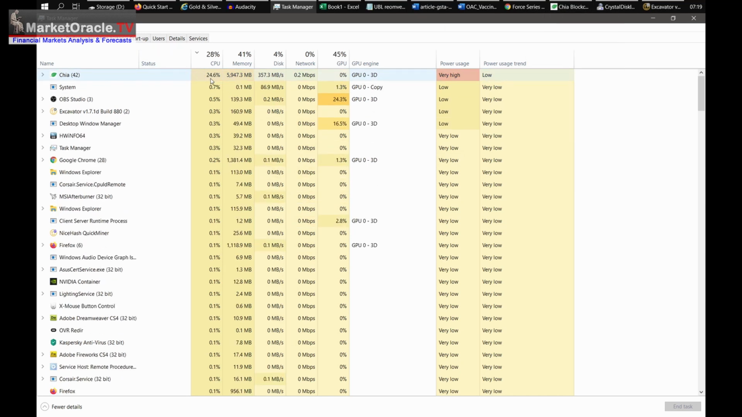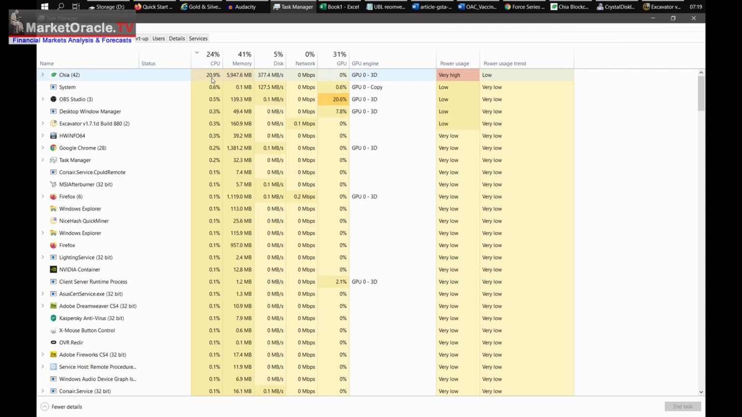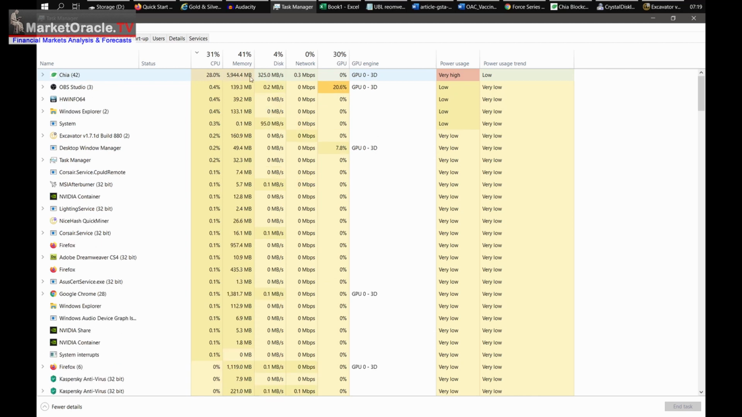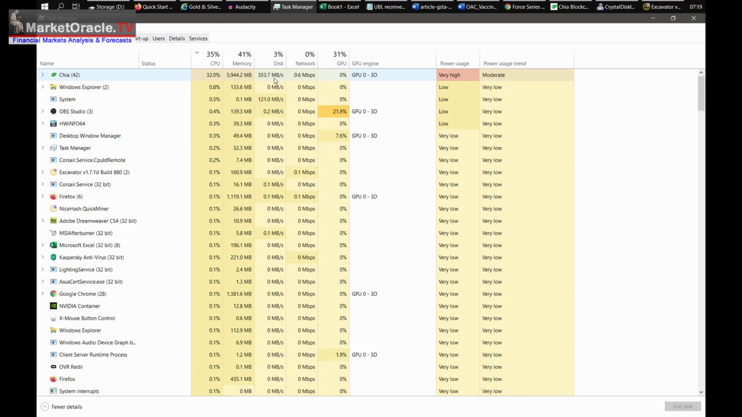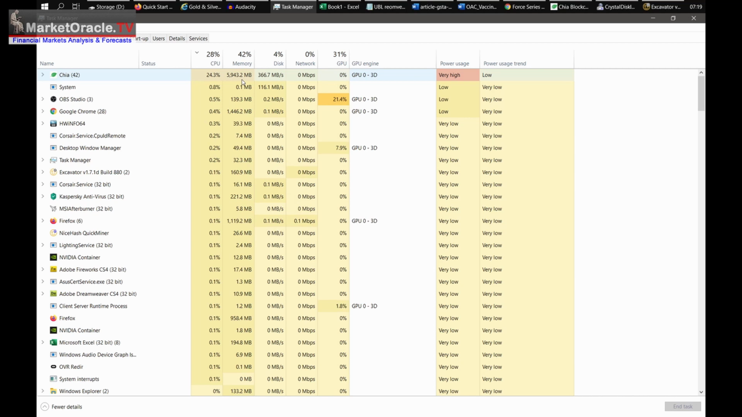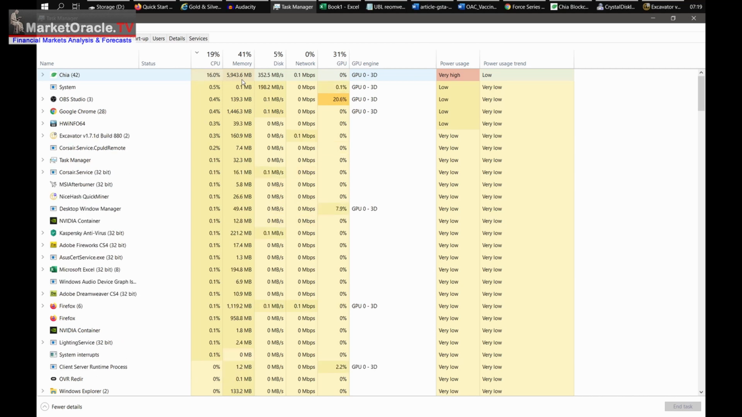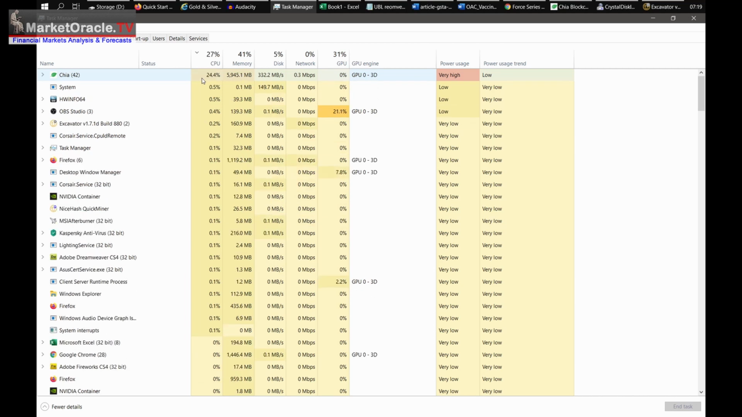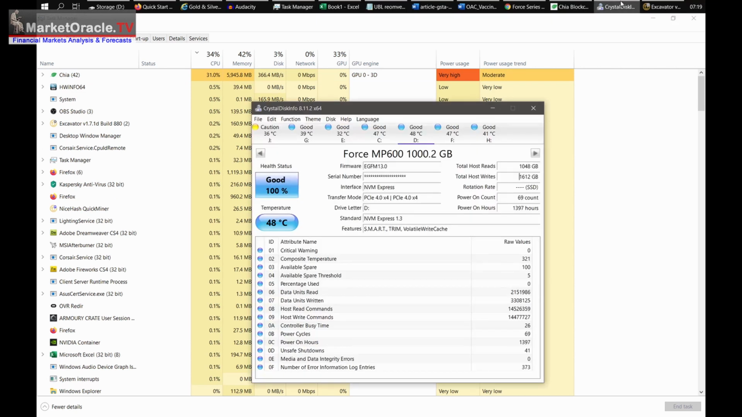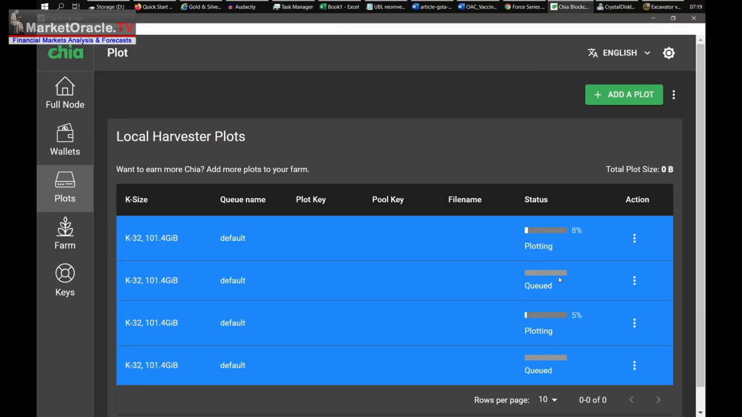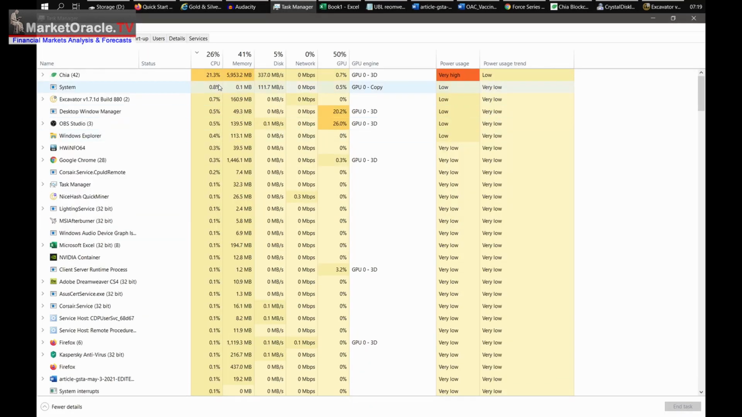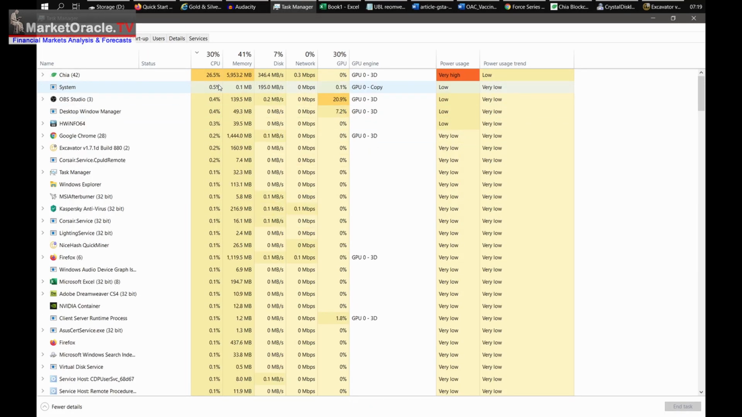So that will probably go from 23% to 46%. Memory is 6 gigabytes. That'll go up to 12. So when the other plots start kicking in, then you'll probably see a doubling in system usage, which will still be well under control. You know, 50%